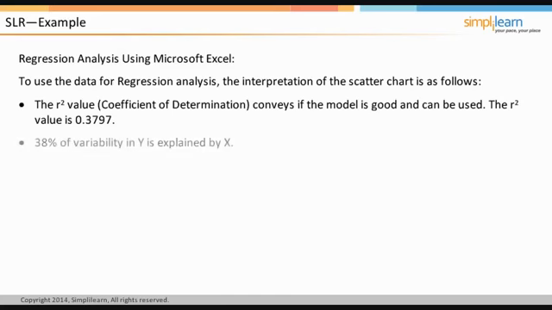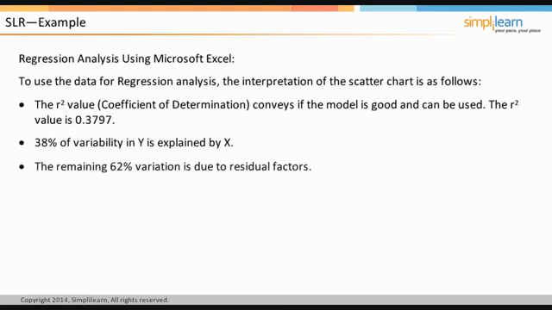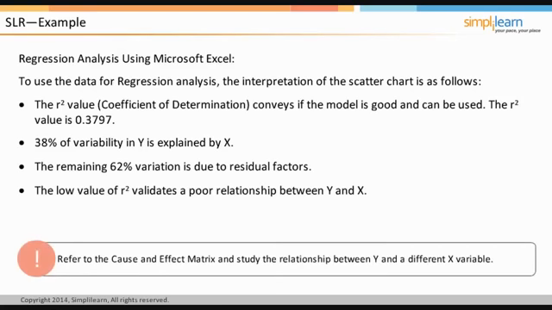0.3797. It means 38% of variability in Y is explained by X. The remaining 62% variation is unexplained or due to residual factors. Other factors like rain amount, sunshine, temperatures, seed type, and seed quality could be tested. The low value of R-square statistically validates a poor relationship between y and x. Thus, the equation presented cannot be used for further analysis. In a similar situation, one should refer to the cause and effect matrix and study the relationship between y and